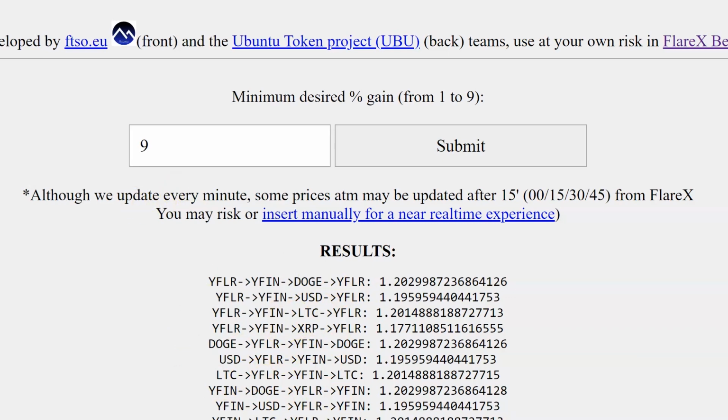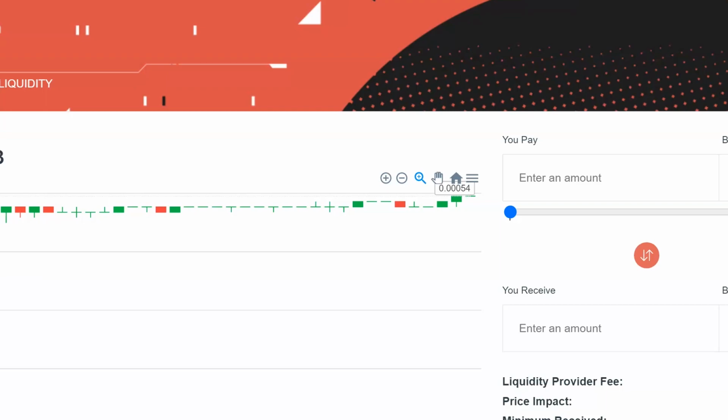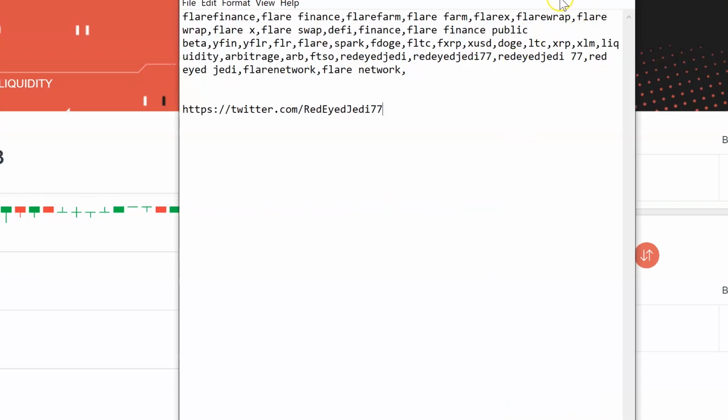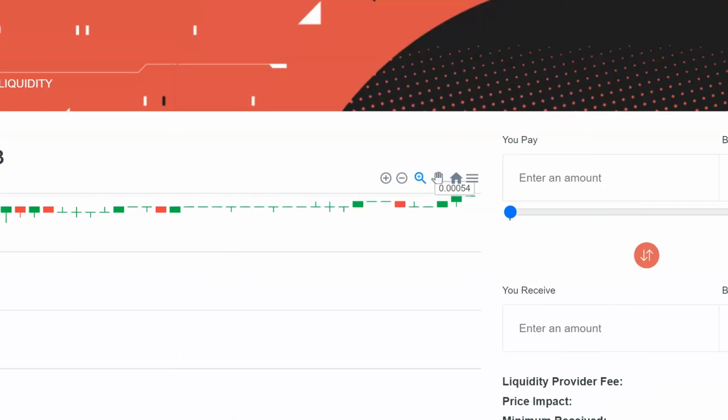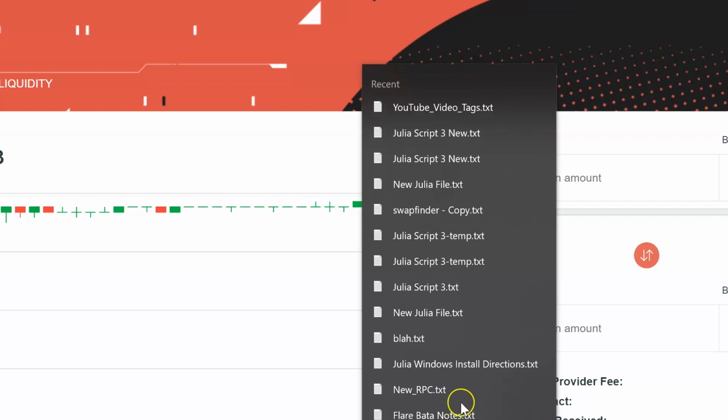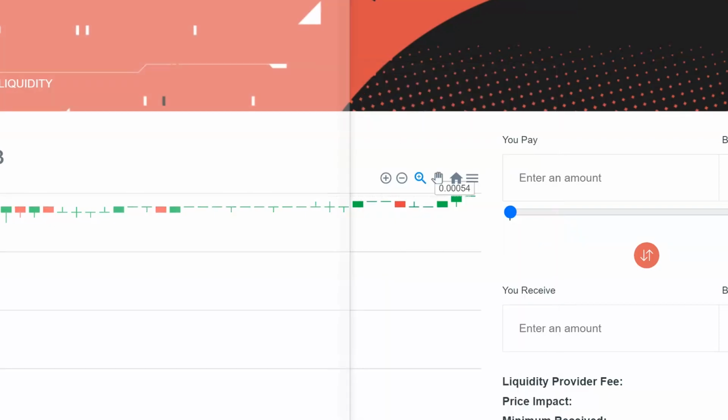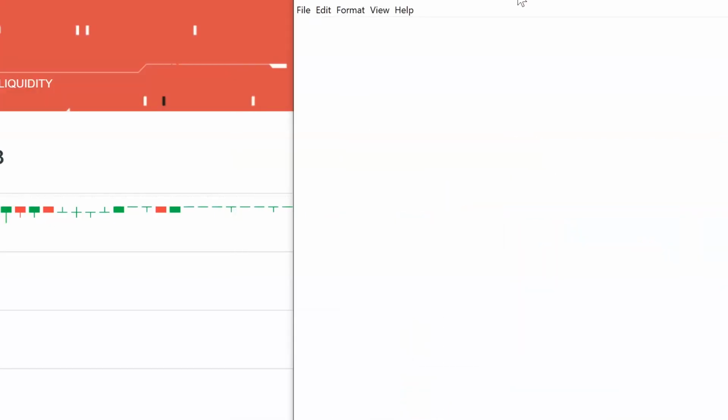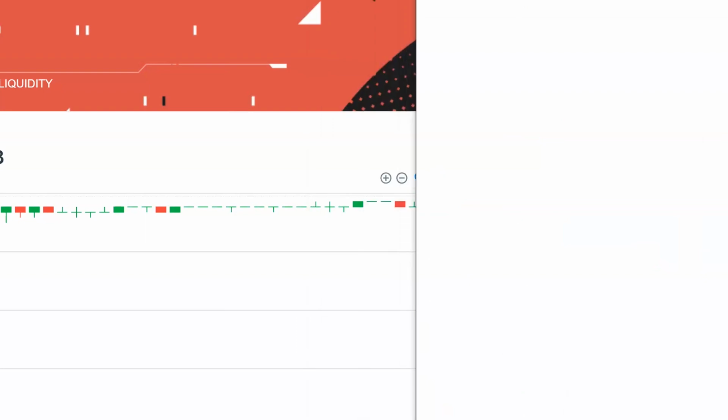So we are going here to FlareX. And let me pull up my notes. Don't worry about that. Okay, right click and just create a new one. There we go. That's just for that. The other page is just for YouTube, because I got tired of typing tags every time, so I created a little notepad with all of my info.